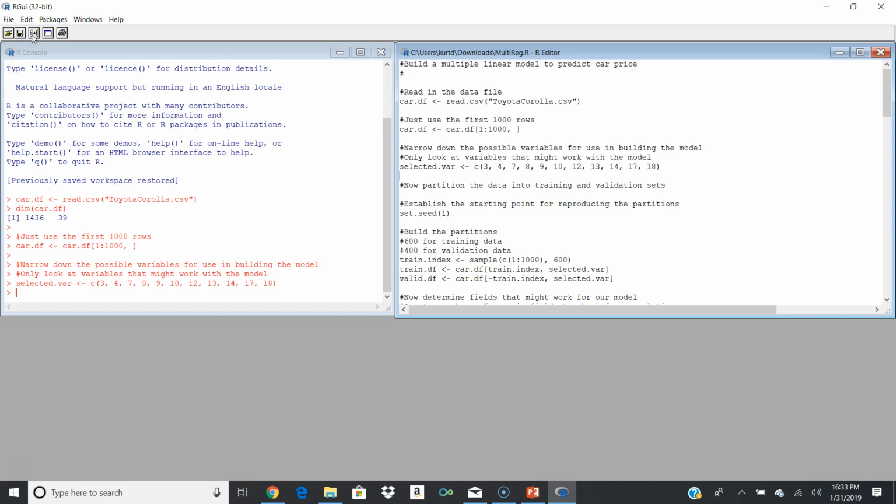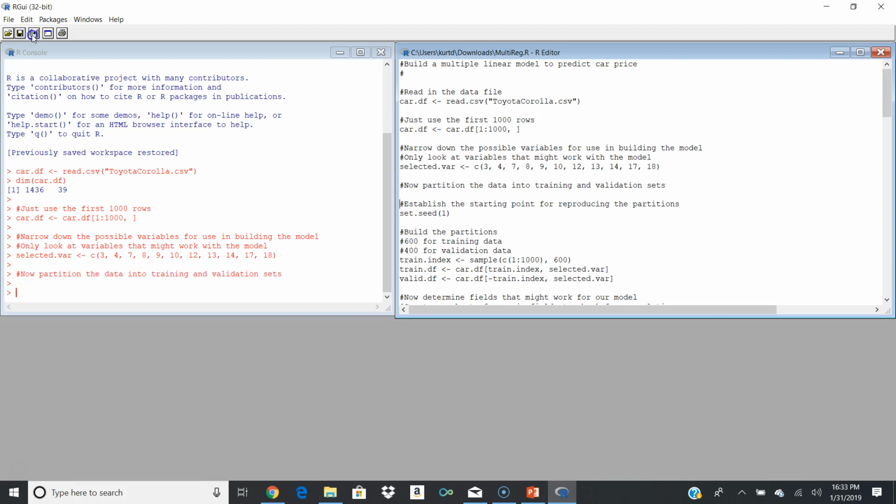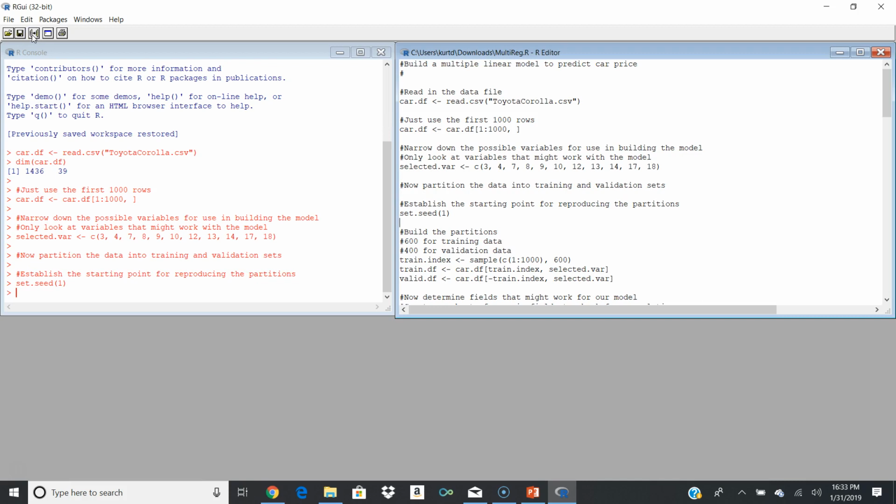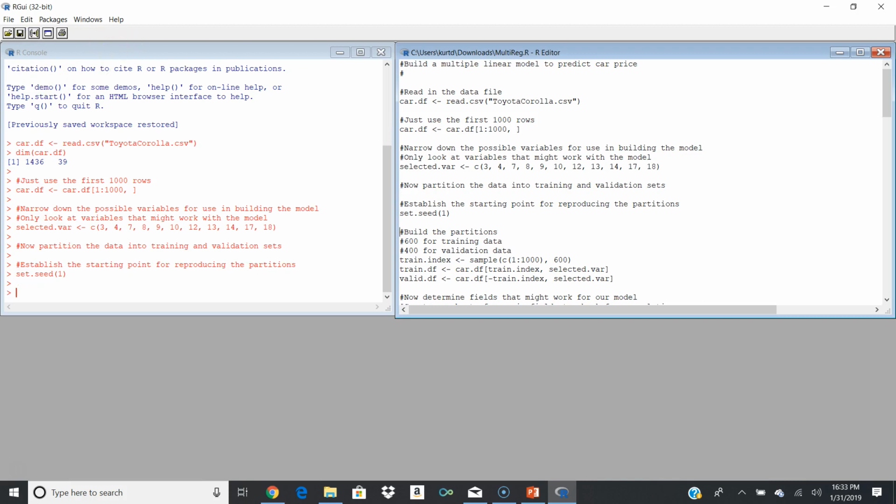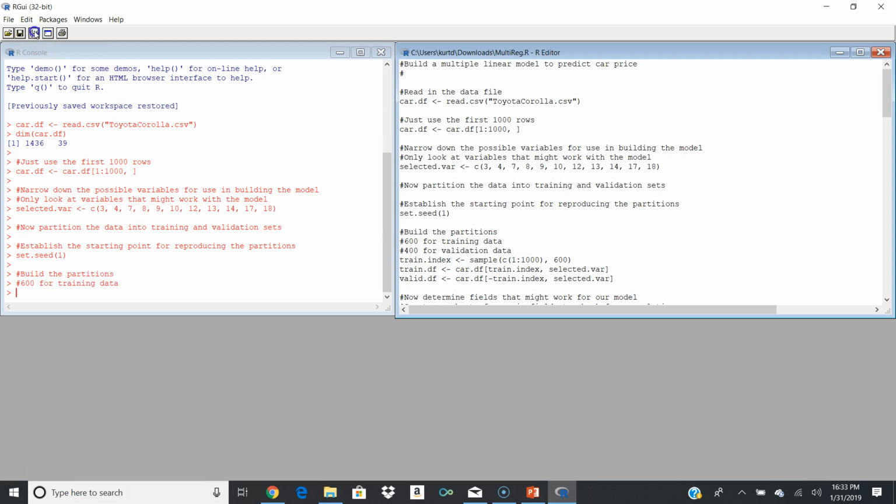That variable is set. Now we can use that variable to partition the data into training and validation sets and do it in such a way that we only isolate out those particular columns. So the first one we're going to do is build the partitions. 600 of the data points are going to be set for training data, and 400 are going to be set for validation data. So the way we're going to do that is we're going to create what's called a training